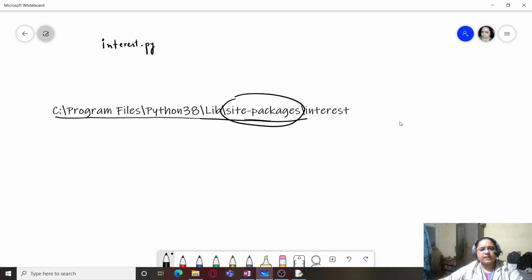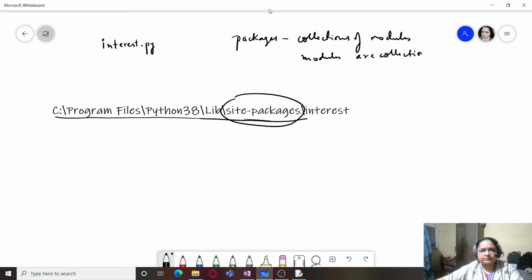Packages are usually collections of modules, and these modules are collections of related Python programs, where these programs contain many related functions which handle data of a particular type or operations of a particular type.